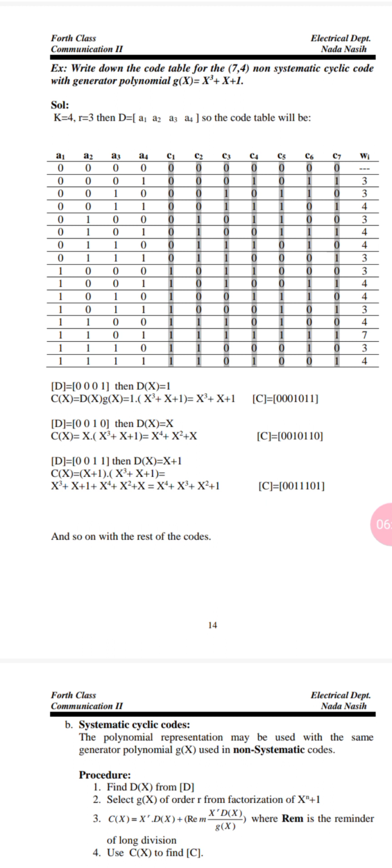We have the information k equals 4, and the value of r equals 3. Then d, since k is 4, has 4 bits: a1, a2, a3, a4. So the code table will be for 4 bits, right? For 4 bits, 2 raised to 4 means 16, so there are numbers 0 to 15.